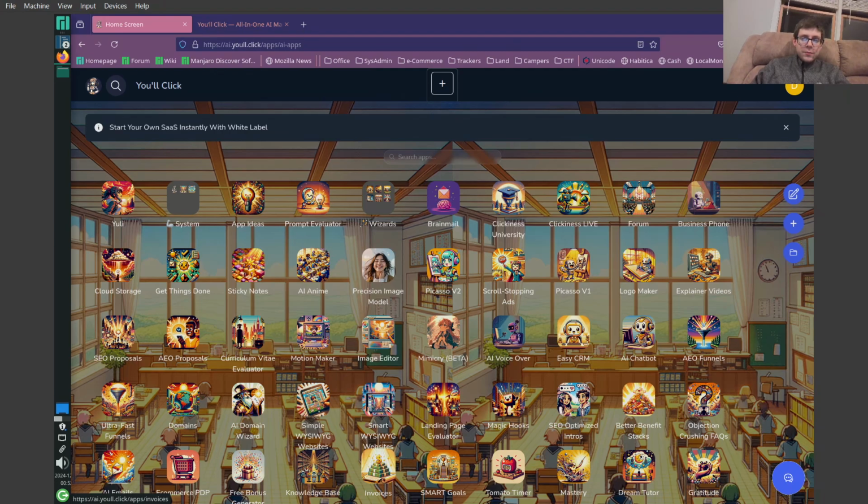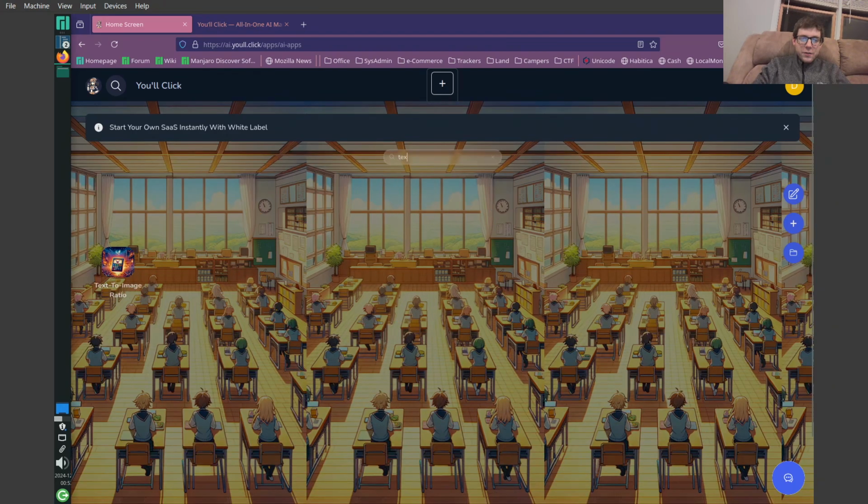Hello world. Today I would like to show you how to use the text to image ratio app because, as all good marketers know, the ideal text to image ratio is like 1 to 9 to 1 to 4. So I made an app that you can plug any picture into and it'll